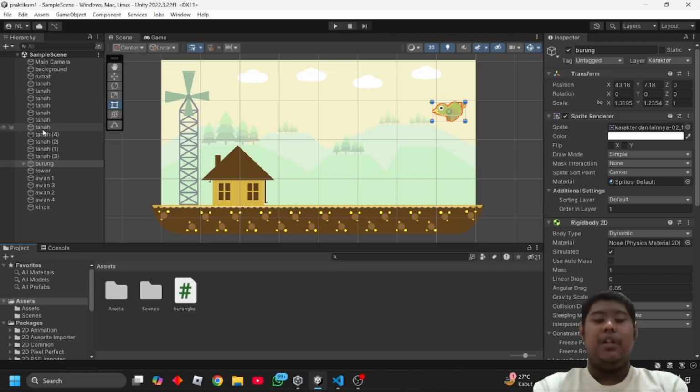Although the scene is simple, the essential elements to create a functional 2D game have already been applied. Starting from object placement and naming to the basic functionality of the character, this is a very good foundation to be further developed later, both in terms of gameplay, animation, and challenge within the game.